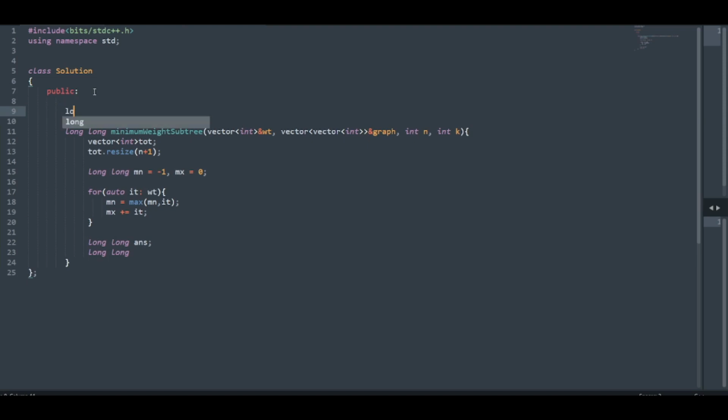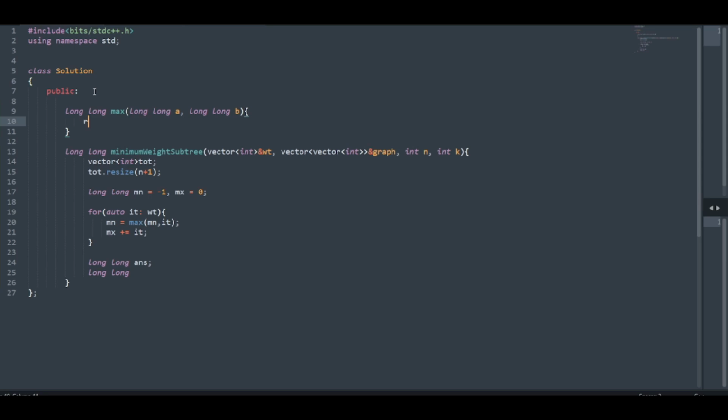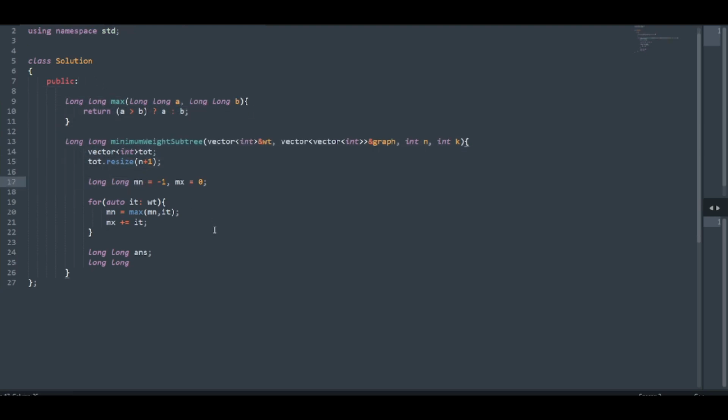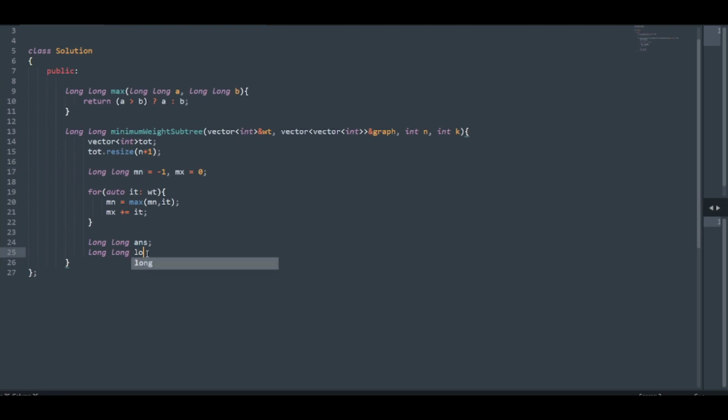Okay, so for that I have to create another function, long max, long a, long b. So I have to return if a is greater than b. If it is the case, return a, otherwise return b. So this is going to return the max of the values that we have passed. So low, initialize it to mn, high, initialize it to mx. Perform the usual binary search,